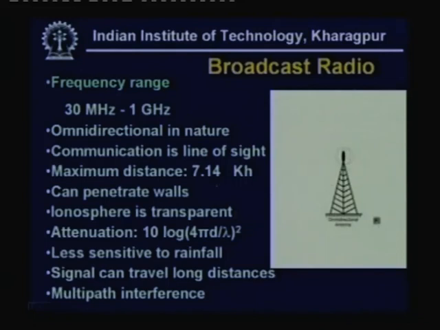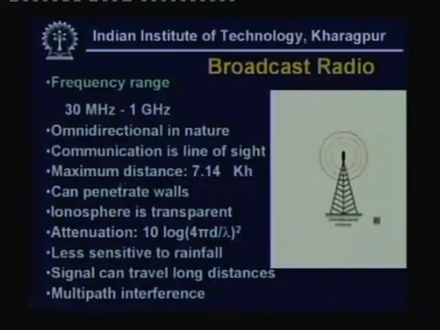So, this wave propagation is omnidirectional in nature, it propagates in all directions. But here the communication has to be line of sight. This is a very important characteristic in this case. The signal gets obstructed by buildings and other structures. So, it has to be line of sight communication, and as a consequence the distance that can be covered